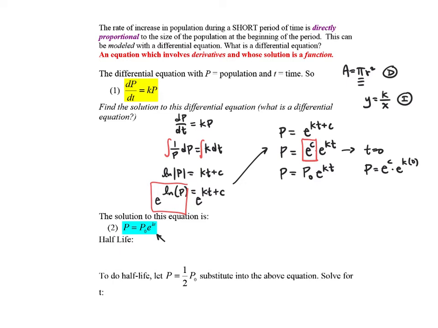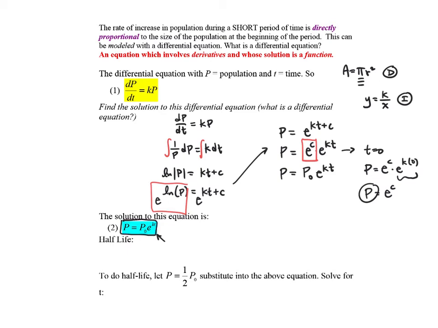k times 0 is 0. e to the 0 is, of course, 1, and therefore p is equal to e to the c. And, of course, p was our initial population. Okay, therefore, the population at any given time, here down in this teal-looking blue,